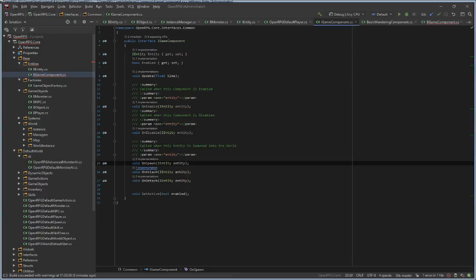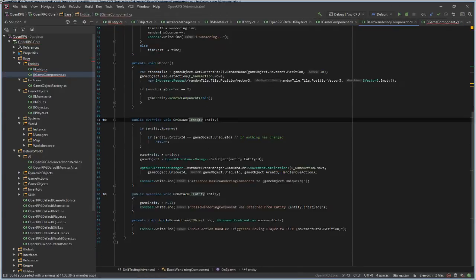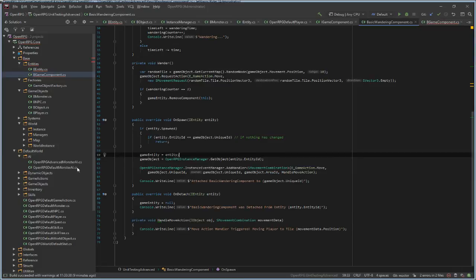Maybe I'll just change this IEntity to IObject and base it on the object reference instead of going through all of this game object equals some function get object.